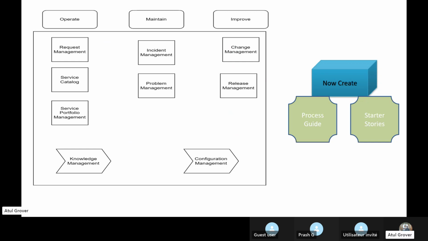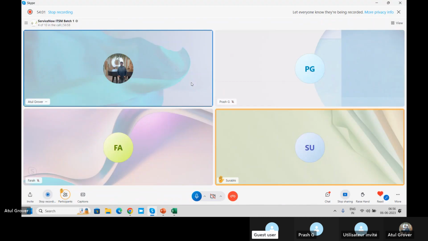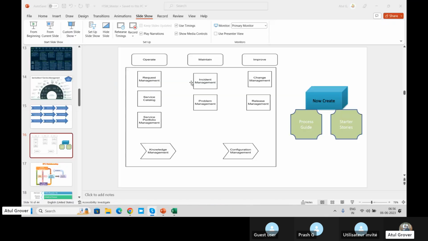Any doubt? Any question? Any clarification? I have a lot of questions, but probably I'll keep them as we go through the modules, when they'll be more relevant. You can put them now, because from tomorrow we are actually going to be entering the ITSM world, and soon you're going to know these things. No other question.